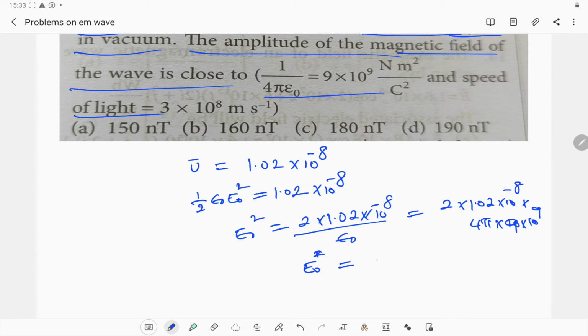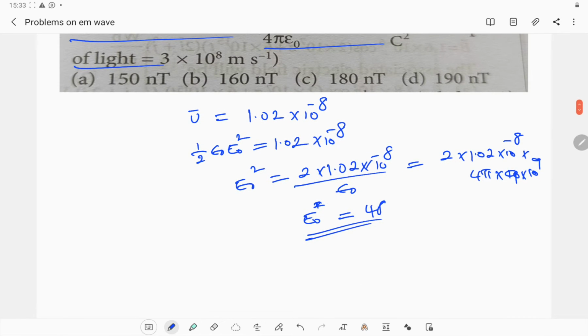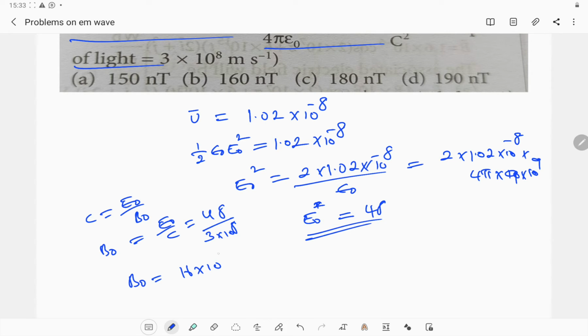From this, E naught is equal to, after simplification, 48. E naught is equal to 48, but C is equal to E naught by B naught. Therefore B naught is equal to E naught by C. E naught is 48, divided by 3 into 10 to the power of 8. Therefore B naught is equal to 16 into 10 to the power of minus 8 Tesla,